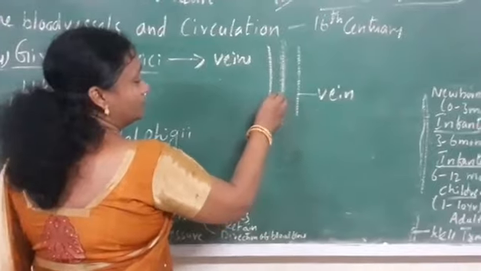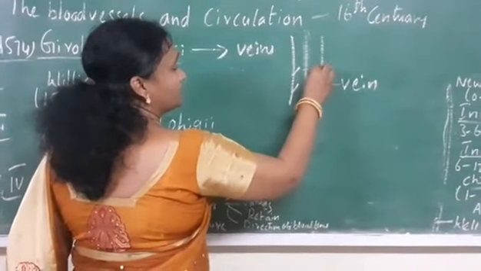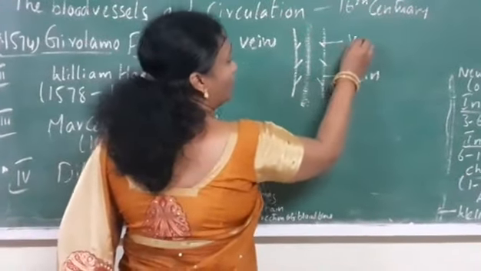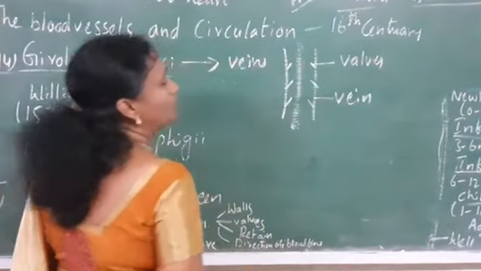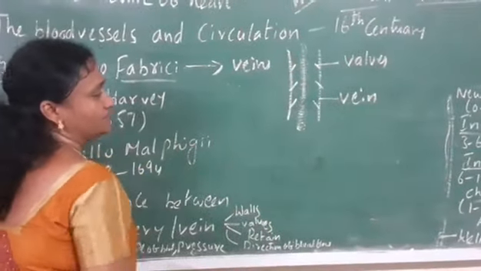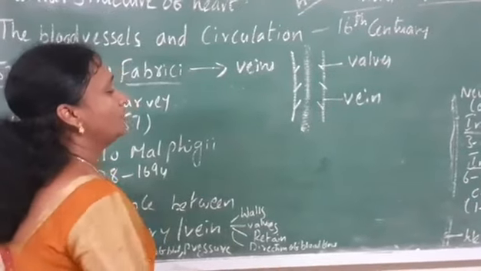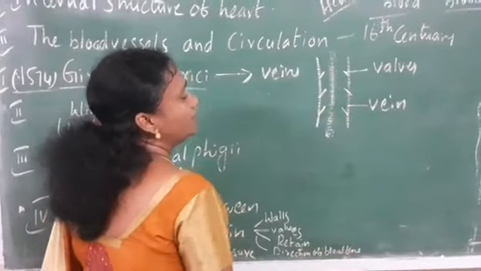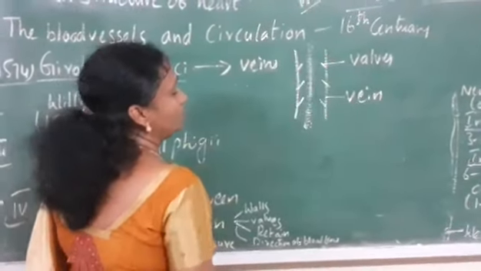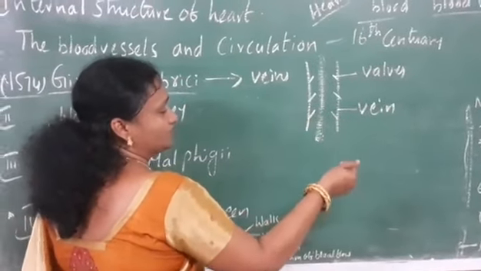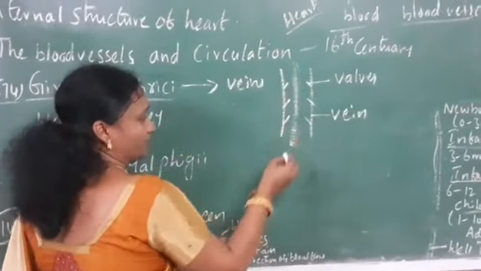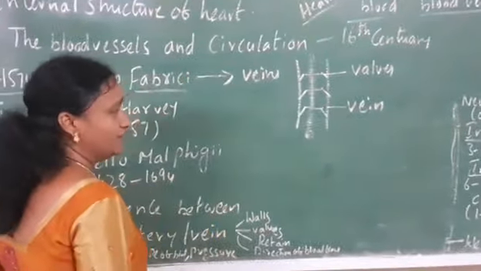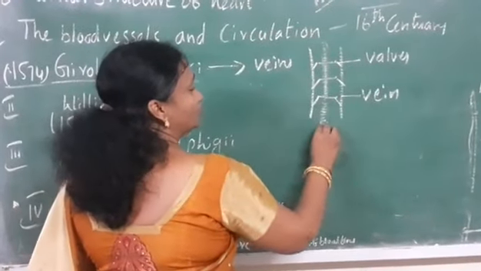And when he observed, he saw tiny, delicate structures in the walls of the veins. These are called valves. These valves allow the blood to flow only in one direction. Even when you tighten the legs or make the person upright, it always flows towards the heart. And when we squeeze the muscles also, the blood flows upwards. Whenever reverse flow occurs, the valves immediately close. So it clearly indicates that the blood in the veins moves towards the heart.